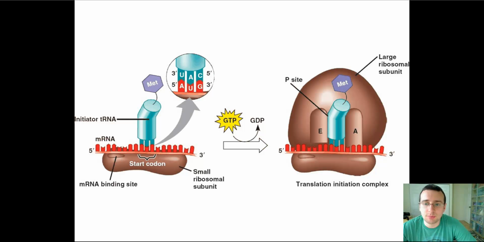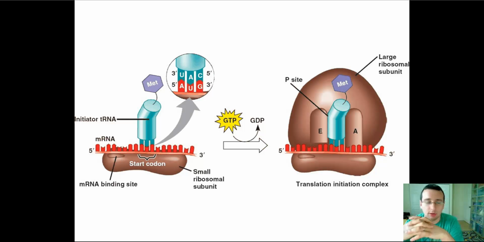During initiation, the small subunit of the ribosome will attach itself to the bottom of the messenger RNA message until the appropriate transfer RNA, which is carrying methionine, remember, is found. That is the equivalent to the start codon AUG. The anticodon on the transfer RNA will be UAC, and a methionine will be attached to that and put that in place. As soon as that happens, with the use of energy in the form of GTP, which is available, by the way, on that G cap, and that's what that's for,